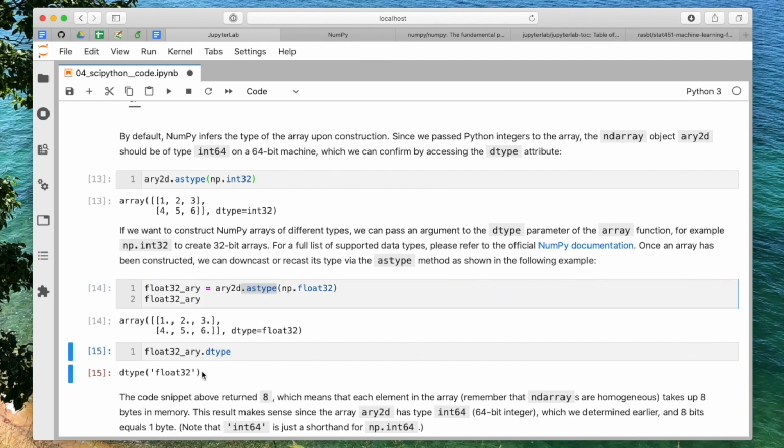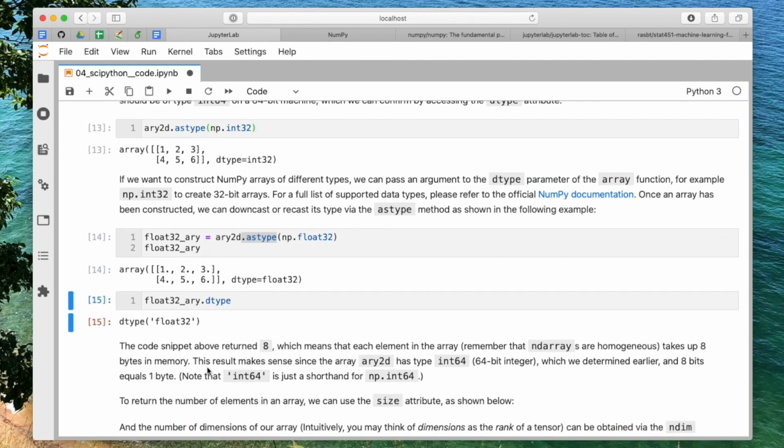Why is that useful? It's not necessarily useful here, but if we work in deep learning, that's the other class I'm teaching, Statistics 453, where we use PyTorch, we usually work with 32-bit arrays or tensors in PyTorch, because GPUs just work better with 32 bits. It's more efficient, basically. It uses less storage, but one downside is you lose precision.